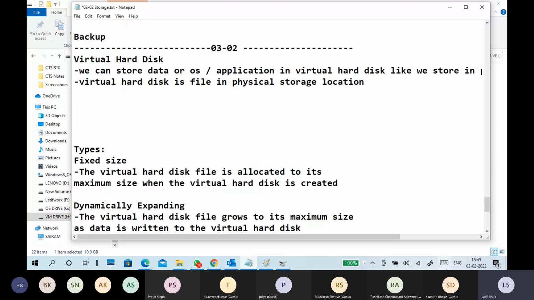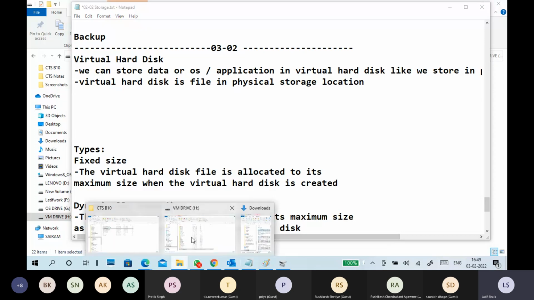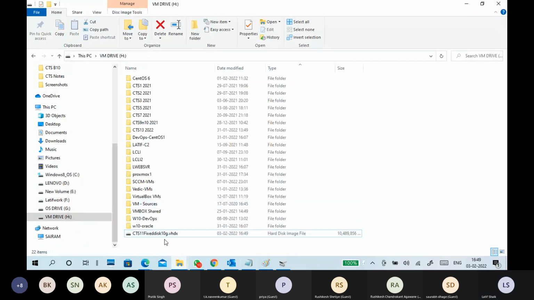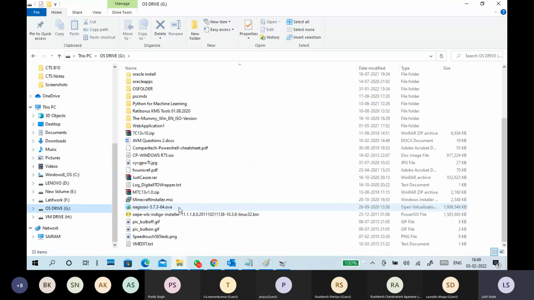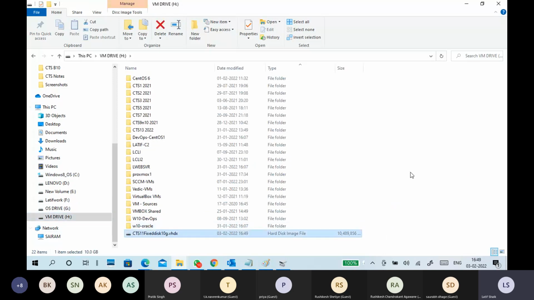VHDX, how does it look? It looks like a file, right? Like other files, it looks the same, but it shows as a hard disk image file.